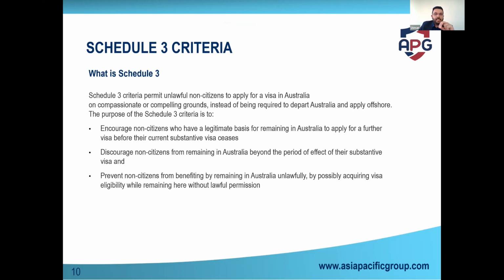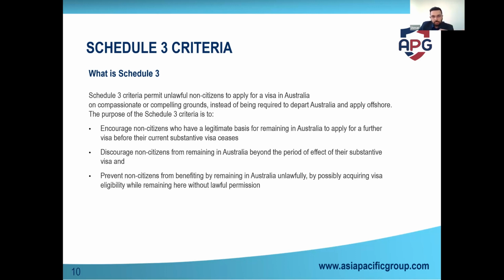If you don't have a substantive visa and you're applying for a partner visa, and a substantive visa is all visas except a bridging visa. So let's say you're on a bridging visa and you apply for a partner visa, they will say that you need a compelling reason to apply for it. But if you are illegal, then you have to definitely explain and find a really good reason, because if you're on a bridging visa, they'll still be more forgiving and lenient towards you.